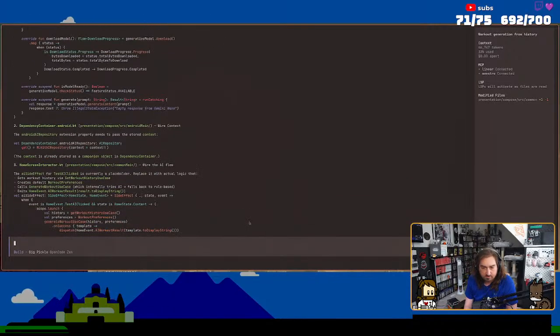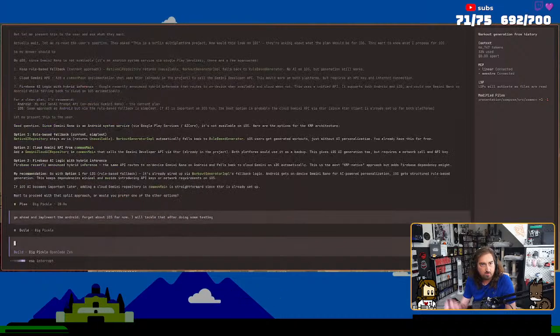Let's just implement this. Go ahead and implement the Android. Forget about iOS for now. I will tackle that after doing some testing.